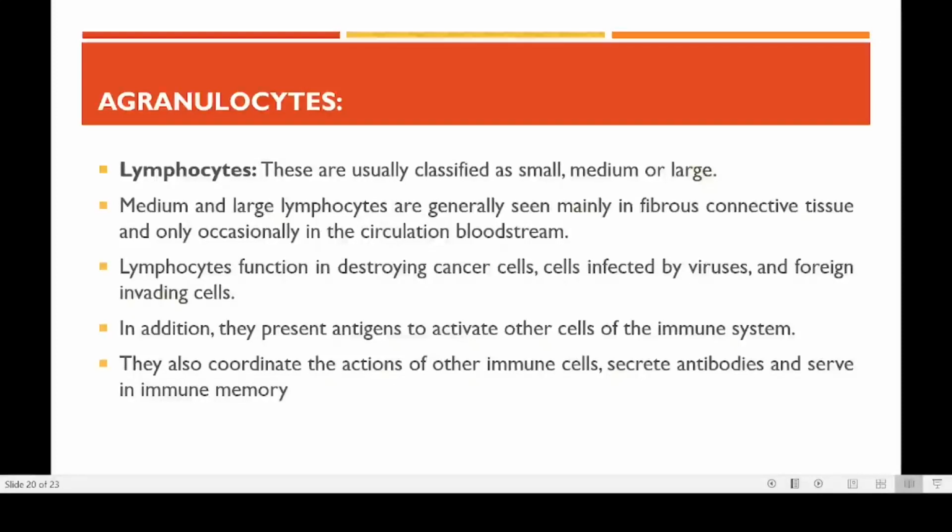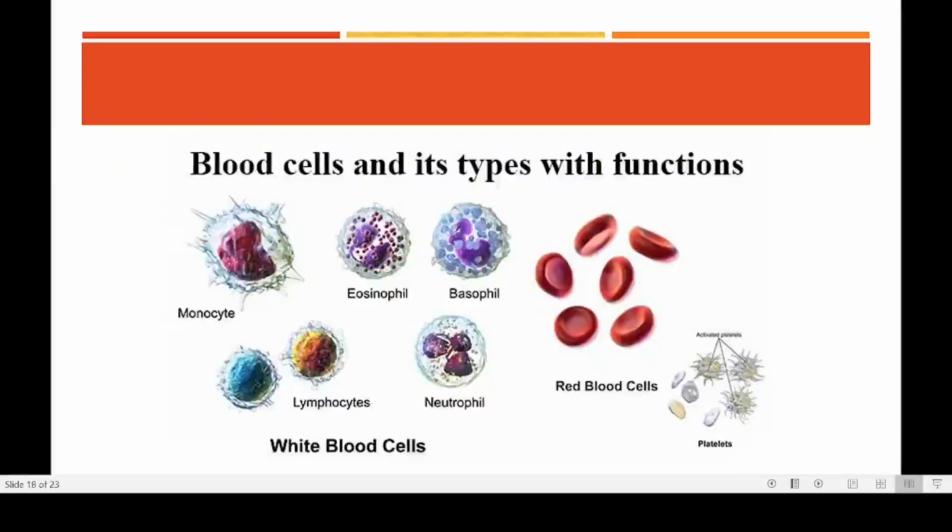Now we will first see about the lymphocyte. One interesting thing about the lymphocyte is that here you can see this is the lymphocyte. They are the smallest of the WBC. Now if you take a drop of blood and make a blood smear and observe it under a compound microscope, you can see different types of WBC. And lymphocyte is one of the easiest types of WBC which you can identify.